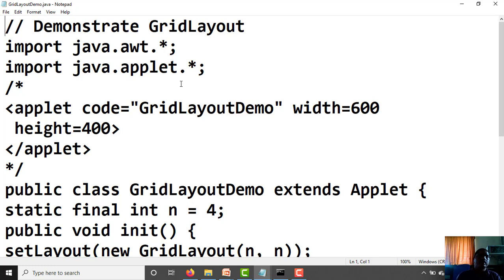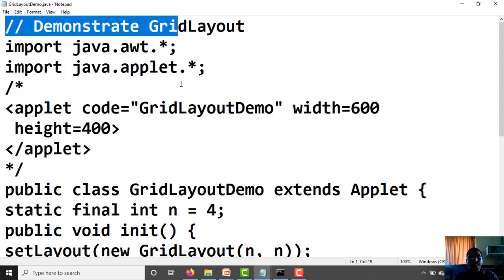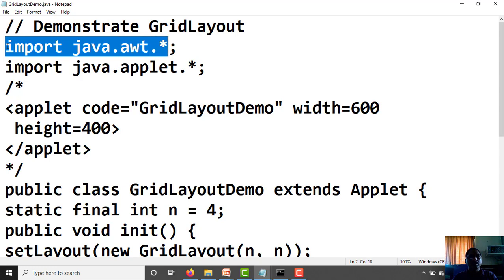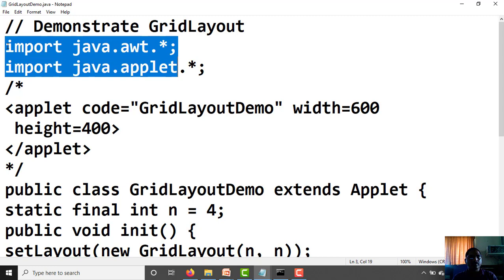Title for this example: demonstration of grid layout. First, we need to import some packages required for GUI and applet support: import java.awt.*; and second, import java.applet.*; Start the multi-line comment.